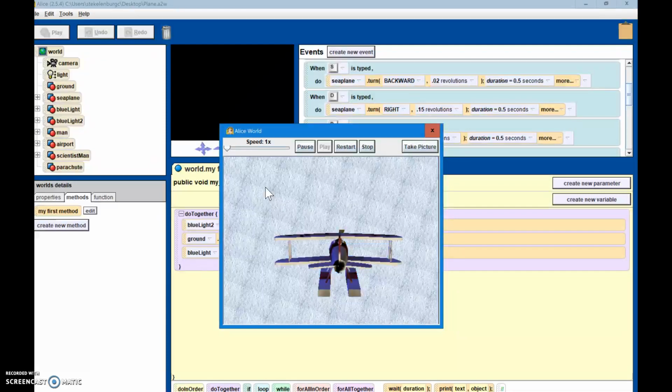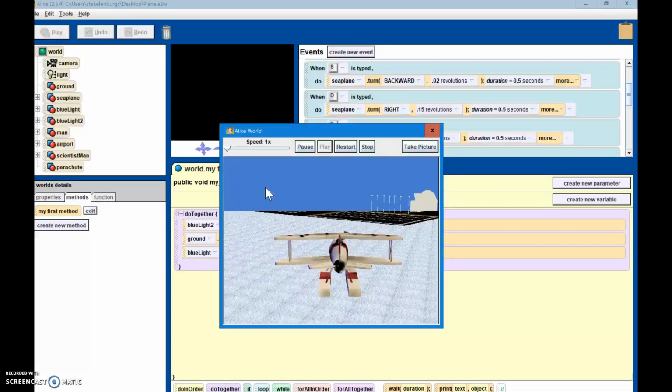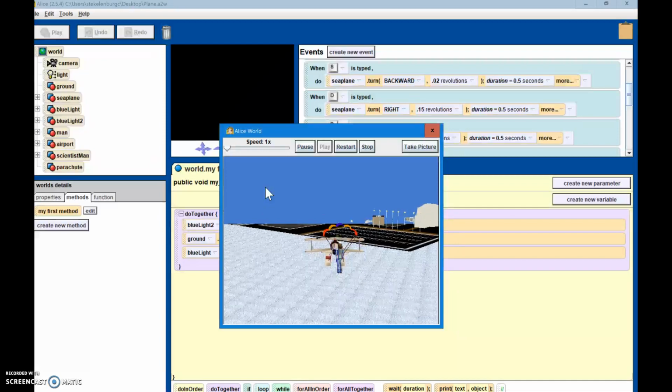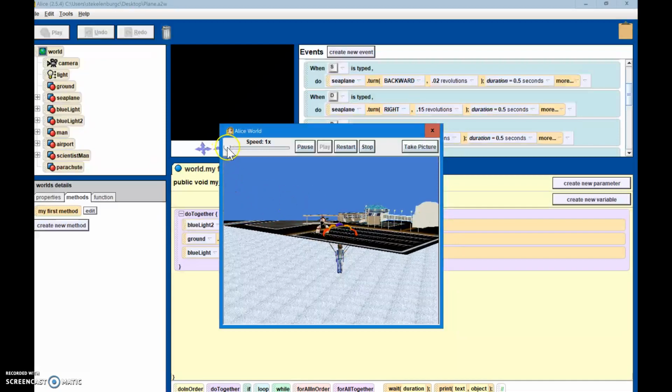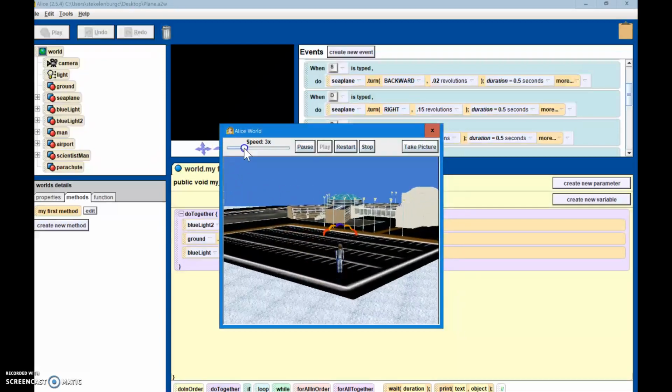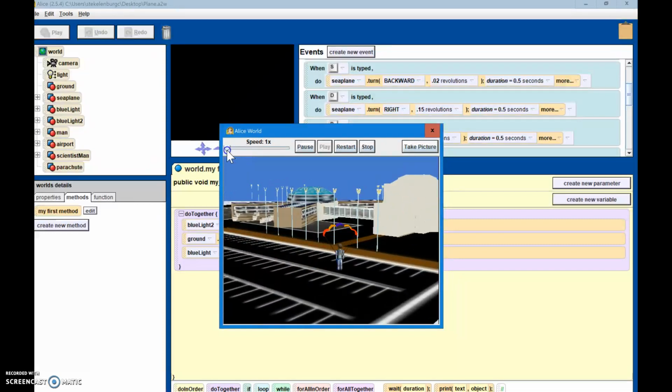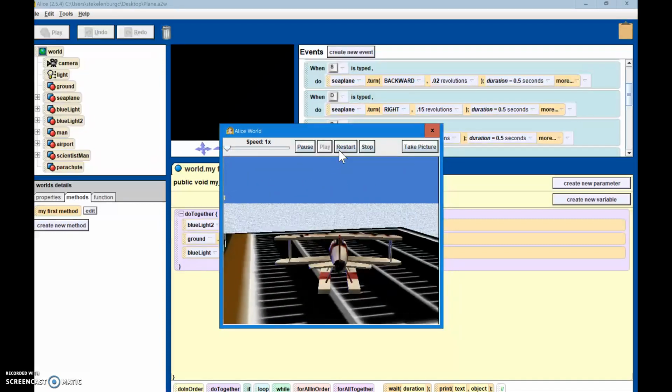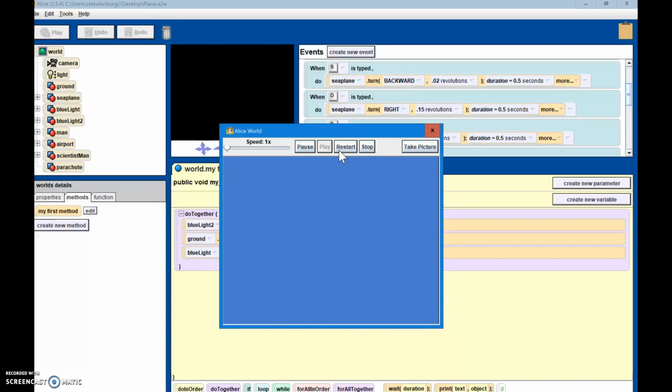And then we have space, which is doing a flip. And then we have L, which has the person hop out and float to the ground. I'll speed this part up because it's pretty long. And then I'll restart it just so that you can see that the first person camera